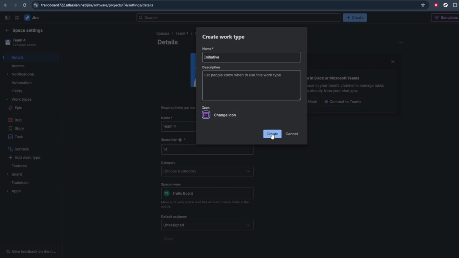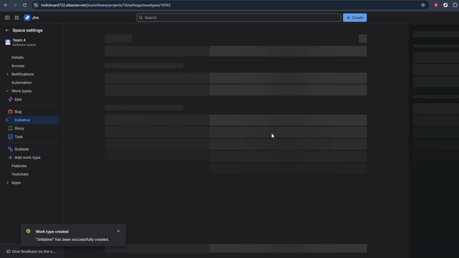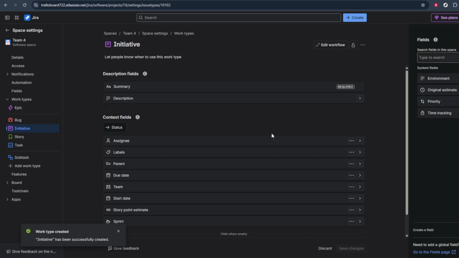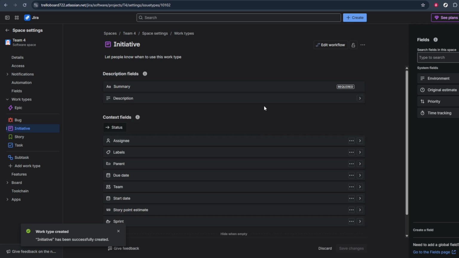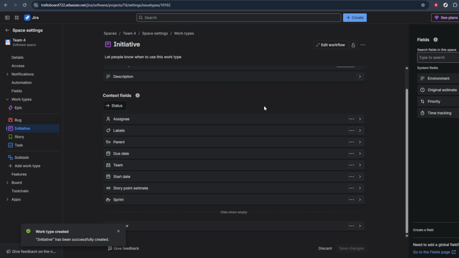If there are visual options like icons or colors, choose something distinct to make initiatives easy to spot on your boards and reports. Once you're happy with the name, description, and any other settings, scroll down and click Add. Jira will save your new work type and add it to the list. From now on, you'll be able to create issues using this initiative work type in your project, allowing you